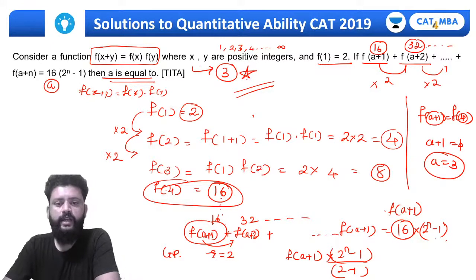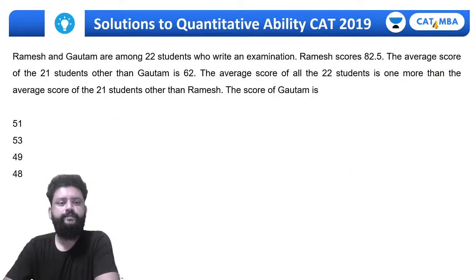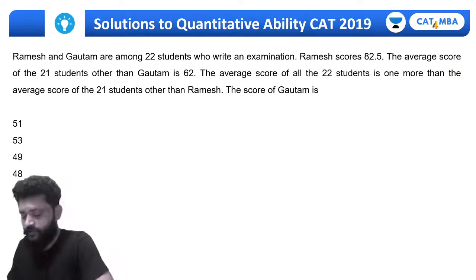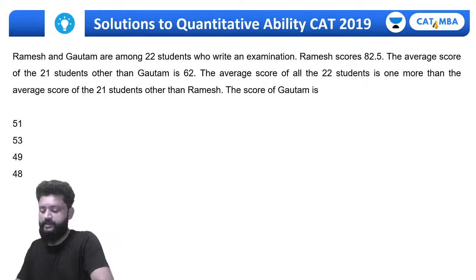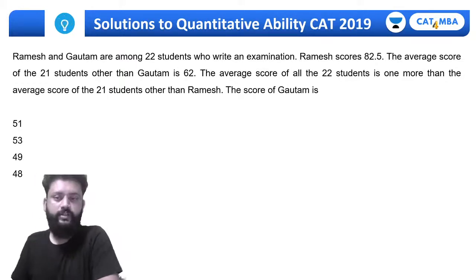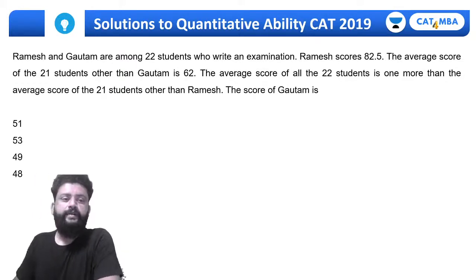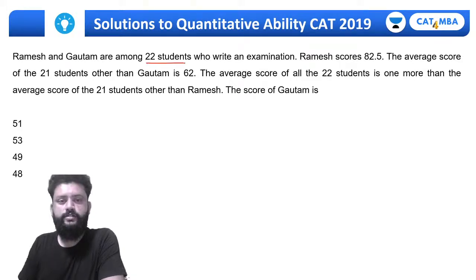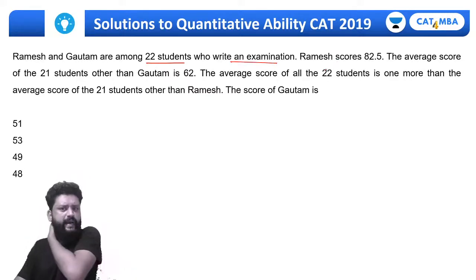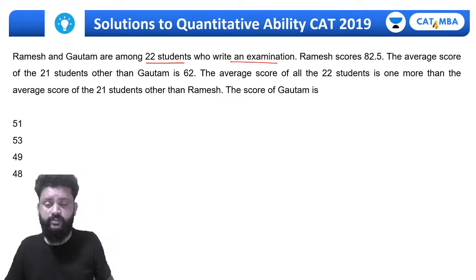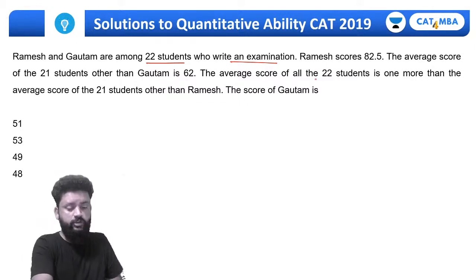So let's move to the last question for the day, the last question of this slot 1 analysis, 34th question, number 34. Okay, so Ramesh and Gautam are among 22 students who write an examination. This is the basic question of average actually, but the wording is quite twisted, you need to be very careful